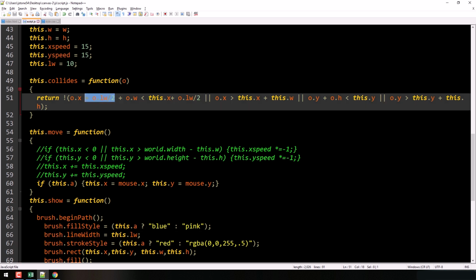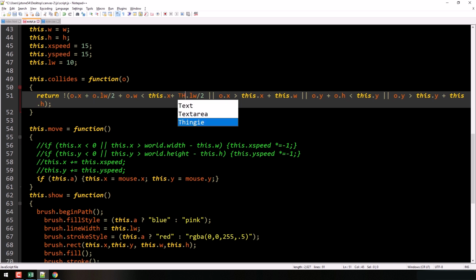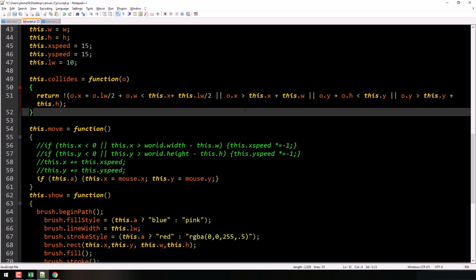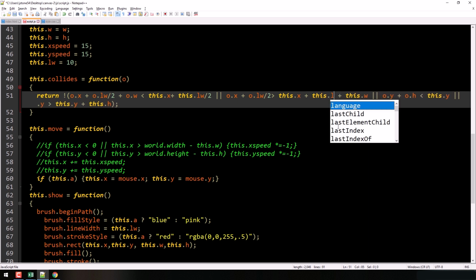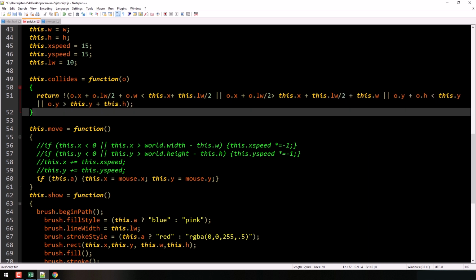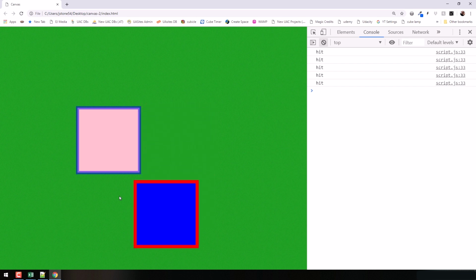So pretty much everywhere I have an X, it looks like I'm probably going to have to add this dot lineWidth, right? I'm adding the width of whatever square I'm looking at. So in this case, I'm looking at X. I need to actually add in its line width as well, or half of its line width. And in this case, I should be able to say other dot lineWidth divided by 2 plus. Let me just try to add it to all the X's first, and then plus this dot lineWidth divided by 2. I think that's every spot there. Let's just look. Yeah, I think we got that. So let's see how we're doing now. Okay, so here we go. Still not quite getting it.